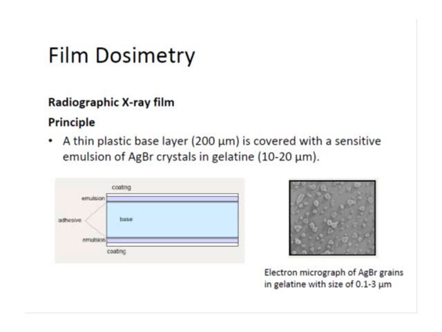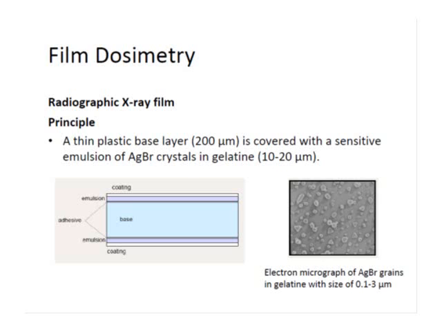The major portion of the film badge dosimeter is simply an X-ray radiographic film. It consists of a small plastic base, above that a small adhesive layer, which enables the binding of the emulsion with the base. Next is the emulsion layer, which is the main layer. It mainly consists of silver bromide crystals in gelatin. Then above that is the protective layer.